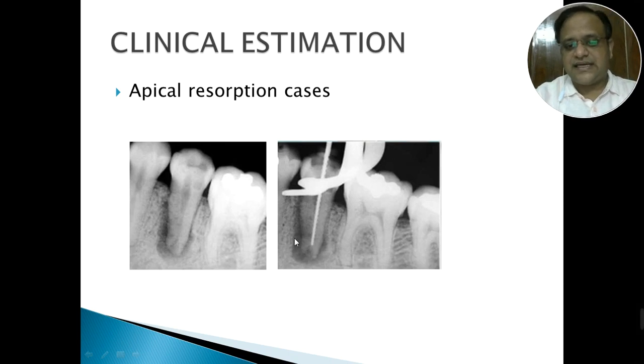So if you keep this entire obturation or this working length short from the radiographic apex, it will help you in 2 ways. The preparation will be limited to this area, so it will contain all the obturation material that you will place later on, or the intracanal medicament that you will place here. Also, over instrumentation will not be done, because over instrumentation in these cases will reduce the prognosis of the case, and this case will go into failure for sure. So make sure in apical resorption cases working length is 2 mm short of the radiographic apex.